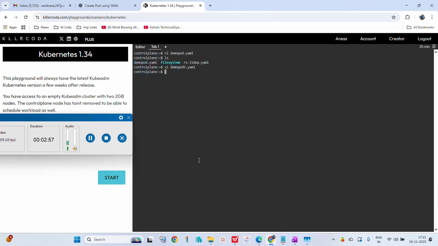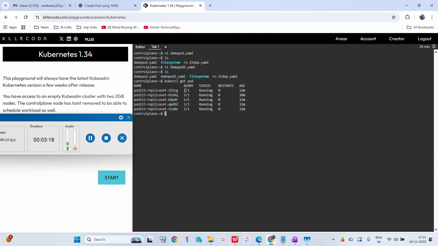Okay, I have saved it. If I need to check this, my demo pod one is created. So basically, I have created a pod file now. kubectl get pod,